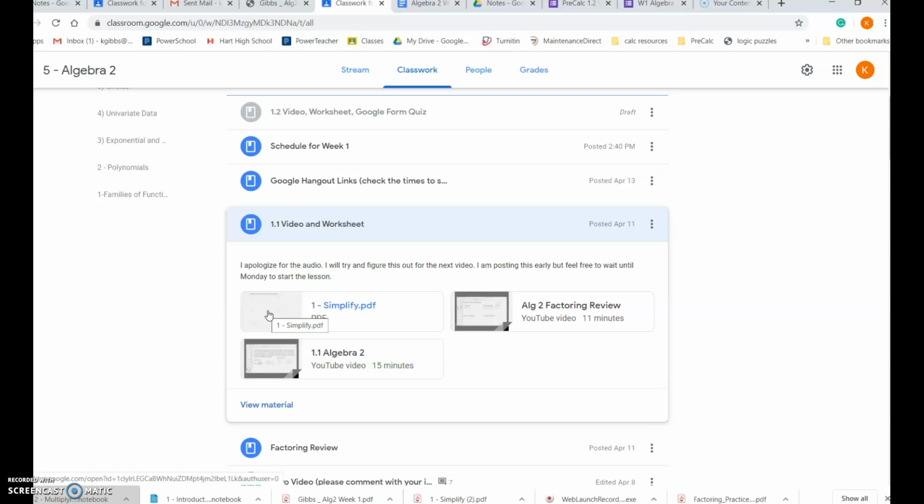If you need to do all 8 or 10 problems that were posted on there, then do all 8 or 10. I will post the answer key for all of the worksheets for that week towards the end of the week or the very beginning of the next week. So probably by Saturday of this week, or maybe Sunday or Monday of next week, you guys should get the answer key so you can go back and double check. And then as you're double checking, make a note of any ones that you want to go over.